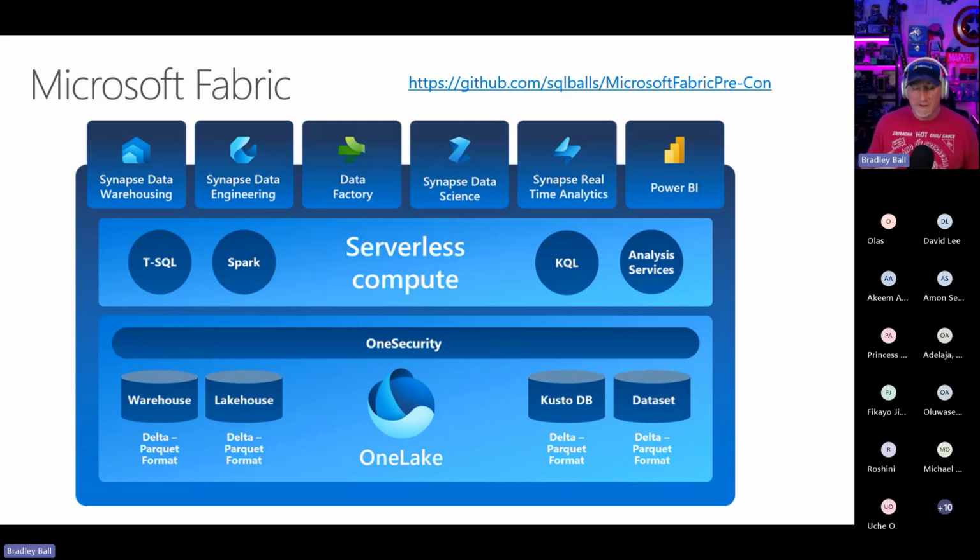Microsoft Fabric utilizes the Fabric capacity units that you provision out of Azure. You attach them to a Power BI workspace, and then you get the capability to provision Fabric components in there. You have access to everything, but you only need to use what you need to use. You can pick and choose.